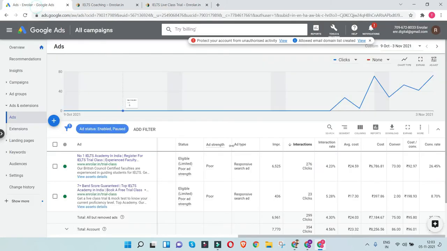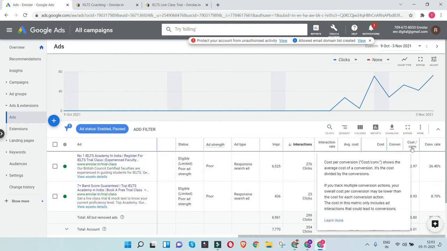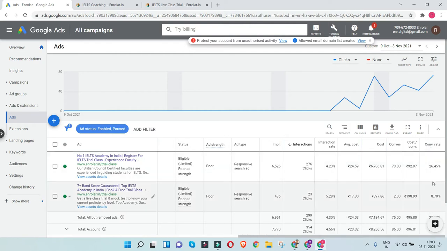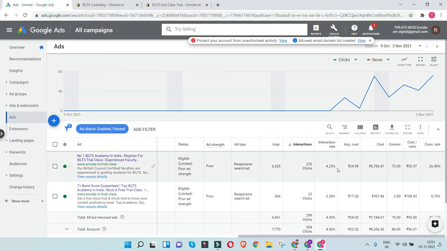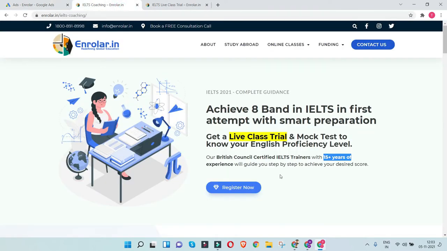So this way you need to keep on testing your landing pages and try to figure out which one is giving you the better conversion rate. So right now, definitely the one that we have with the form is giving us better returns. Over here you can see that this particular landing page slash trial class is giving us a 26.45 conversion rate, and this is always written trial class, but this is taking the user to this particular page, and that's where we don't have a direct call to action button in the first fold.